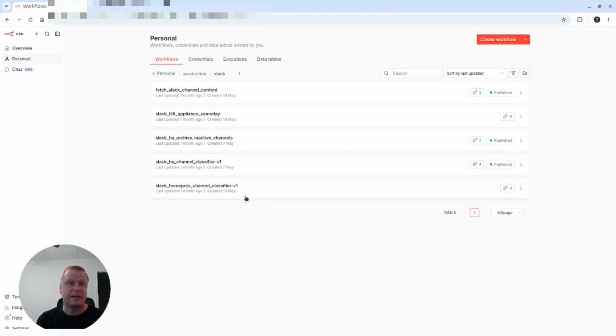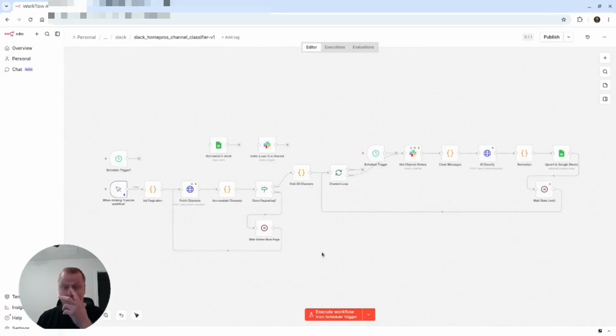Also, a lot of channels maybe aren't used. You don't notice it when you're a big company and you have a lot of channels. This company had over 1,000 channels, but a lot of them hadn't been used in months. And so we were actually able to use the classifier to go out and classify all these channels first, to make sure that the channels were the kind of data that we want to have in our vector database. If this is a bunch of PII, if this is a bunch of chat, if this is a bunch of logs, it doesn't belong in our vector database, and it's marked accordingly.